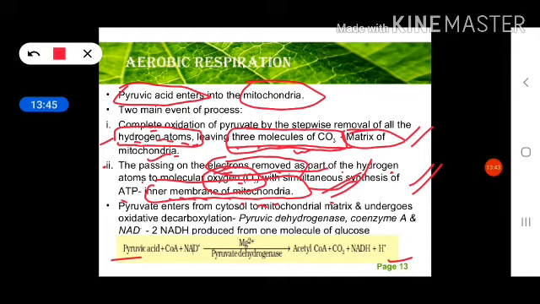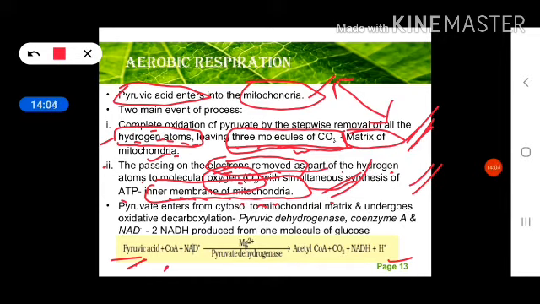So here in short some reactions are given. Condensation of acetyl group with the oxaloacetic acid and water to form the citric acid. This citric acid contains 3 carboxylic groups, okay,